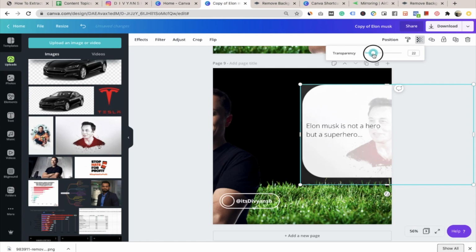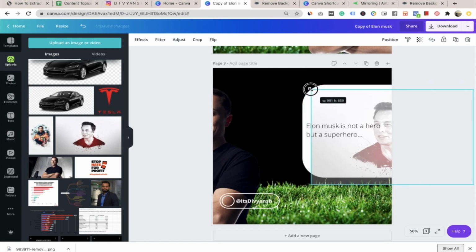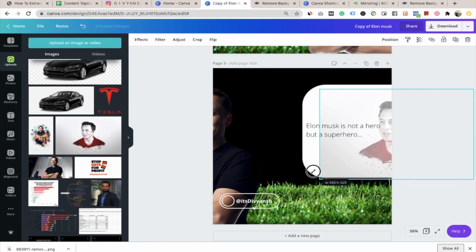I kept it at 26 I think last time. So it's up to you. If you want to show it in a darker color, you can do that as well. So I kept it at 42 now. Let's go here, and you can see I can make these changes from here.